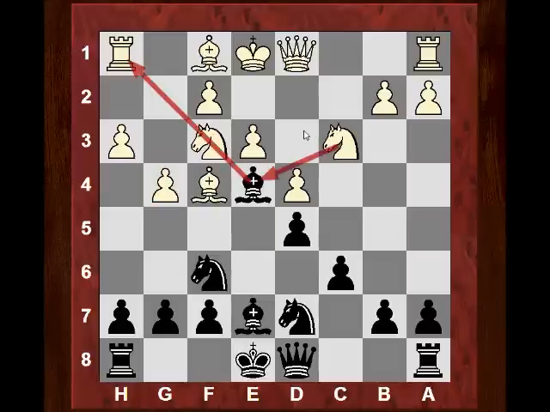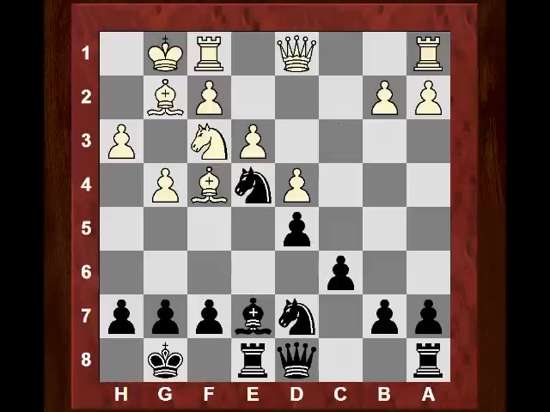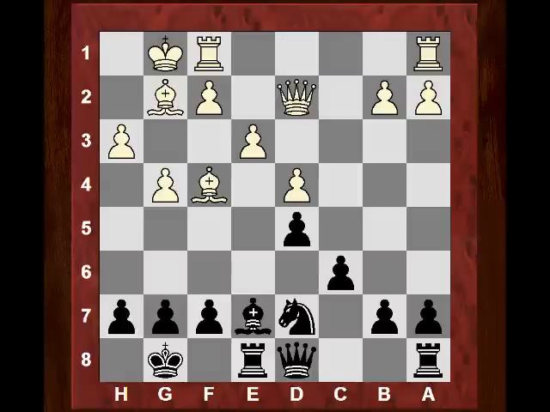So bishop g2, now both sides castle, rook e8, and now indeed knight takes e4, knight takes e4, knight d2, we have an exchange on d2, and after knight f8, the interesting thing for me about this game is that we see a classic minority attack now